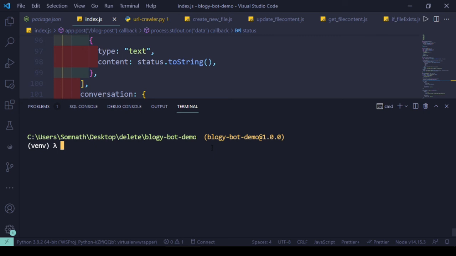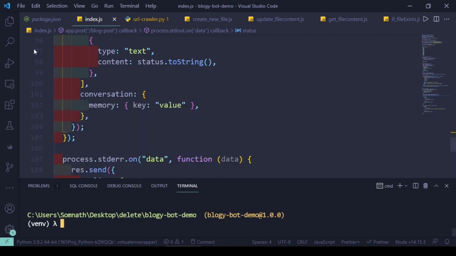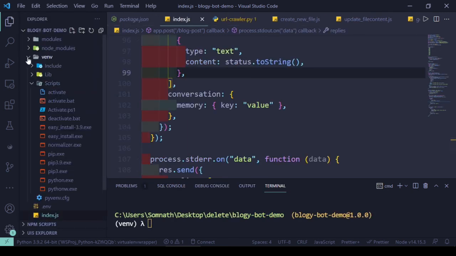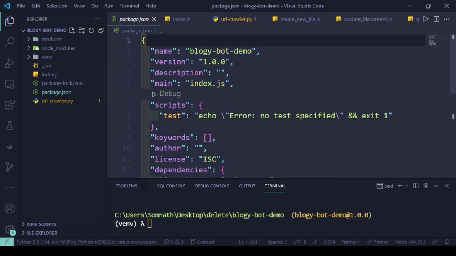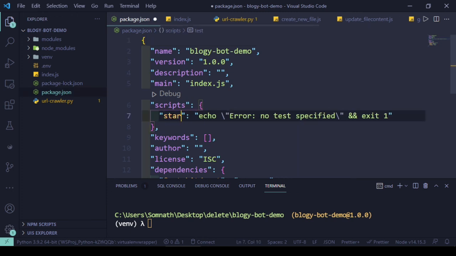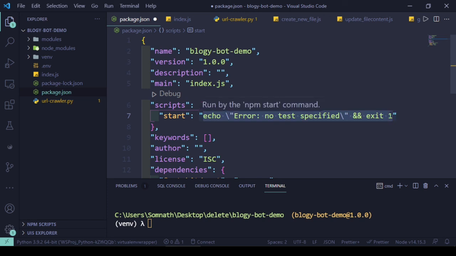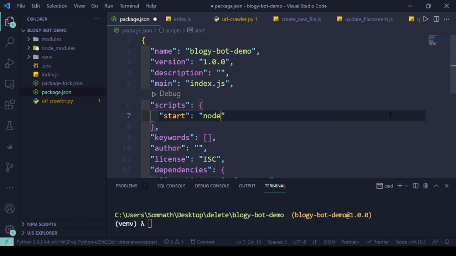So to run this one, what I'll do is, let's do something. What is going on? Yeah, we have something called package.json. Let's change it to a start script. With the lots of code I have written, I'm not sure if it'll break somewhere, but we'll fix it up.